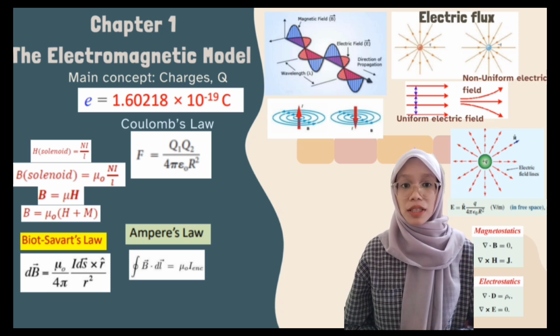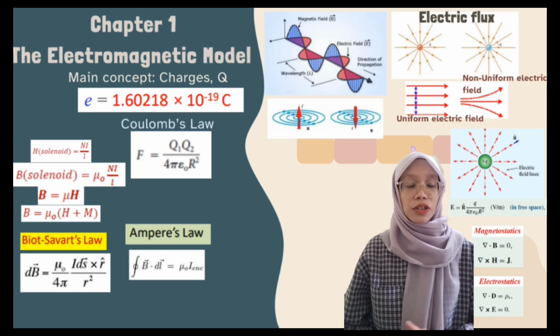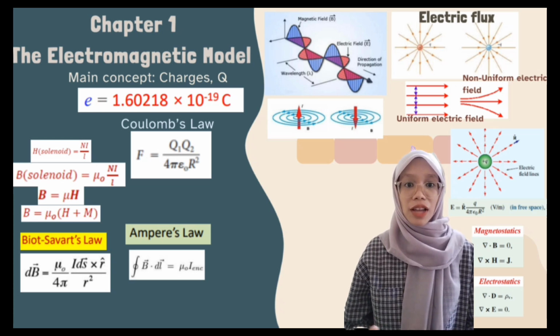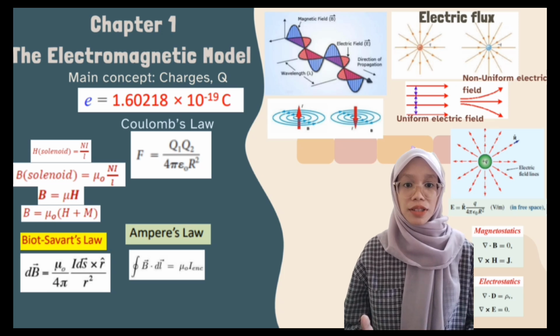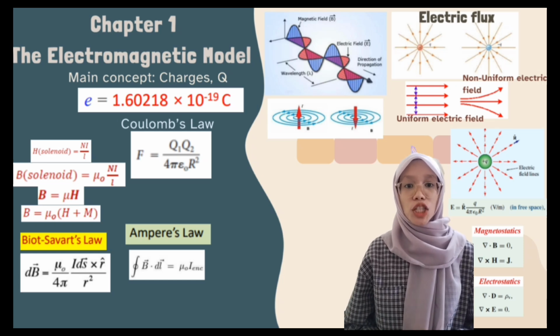Electric flux has a positive divergence for flux out and negative for flux in, with a higher flux density indicating a stronger electric field. Field lines do not cross. Parallel lines show a uniform field, and converging or diverging lines show a non-uniform field. Coulomb's law states that the force between the two charges is proportional to their product and inversely proportional to the